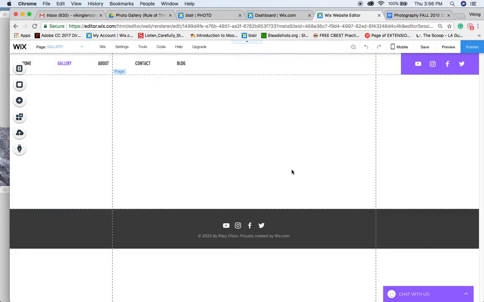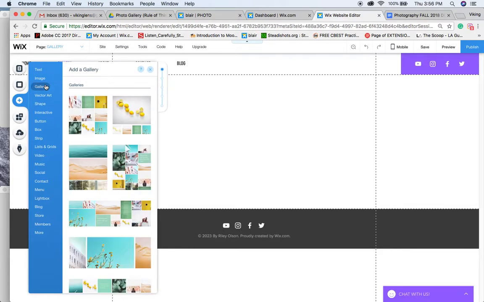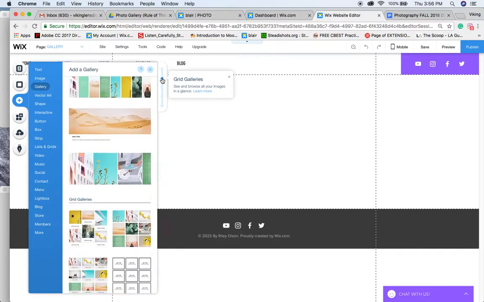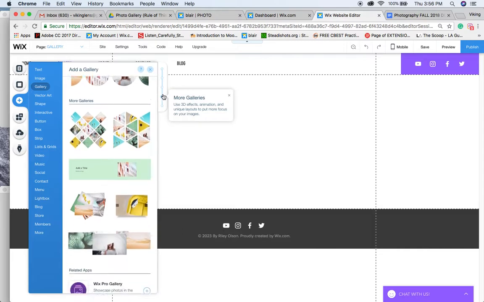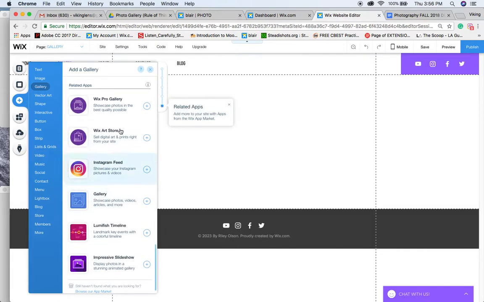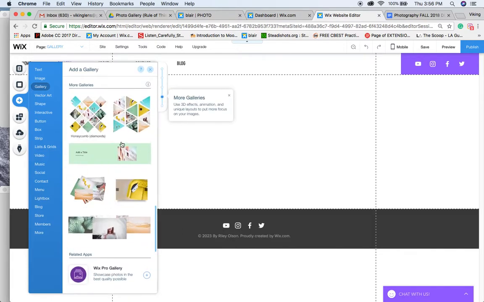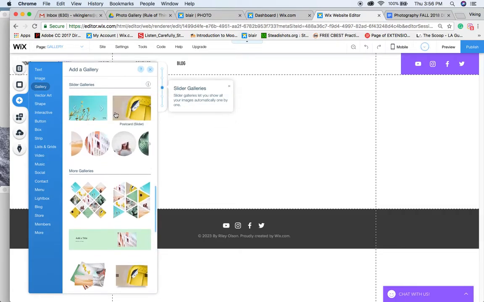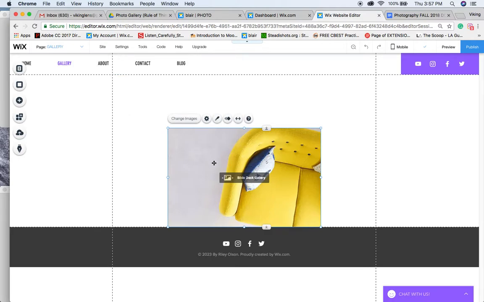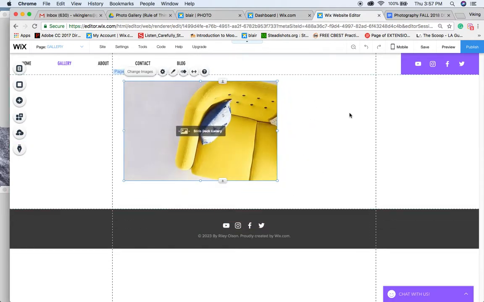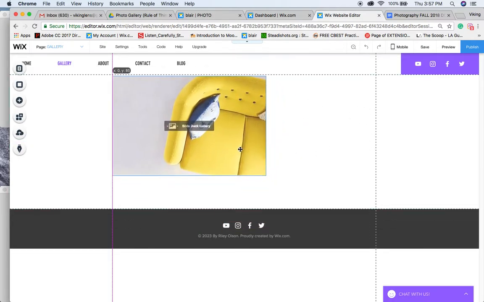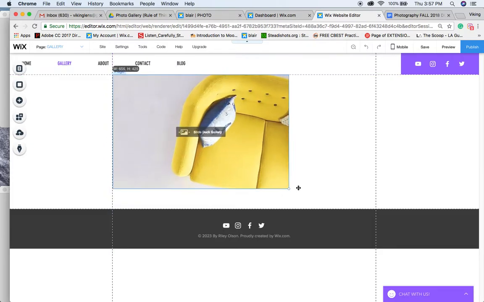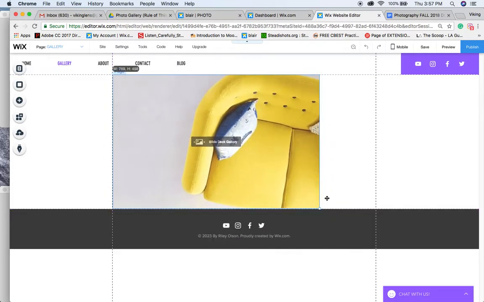Alright, once I'm there, it's a blank canvas. Click the plus symbol, click Add, Gallery, and then you can choose the gallery that you like. I stay away from any of these little 3D ones and all this stuff. You want to keep it nice and simple, so I'm going to choose a postcard slider. Okay, and make sure you stay within these dashed lines. That's your grid. Expand it there like that,